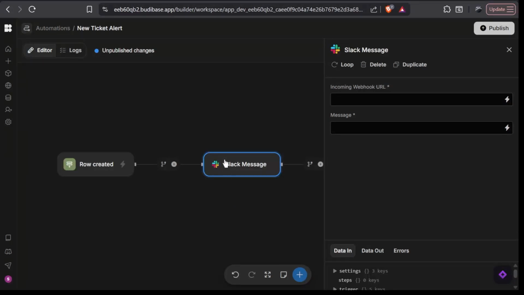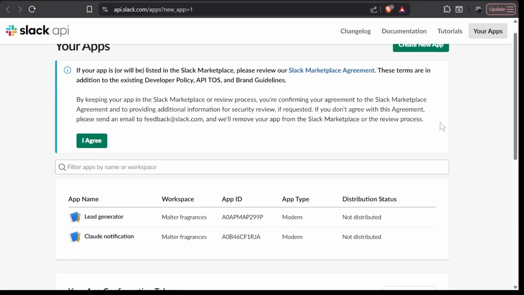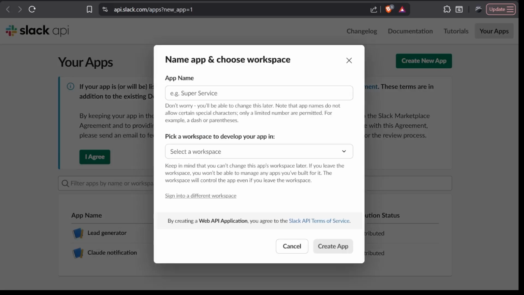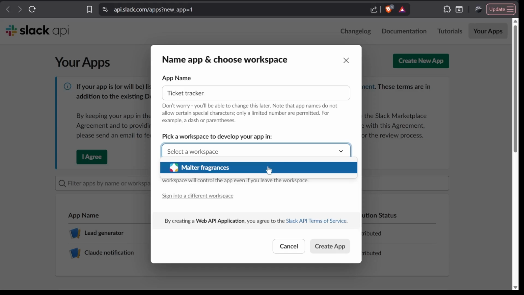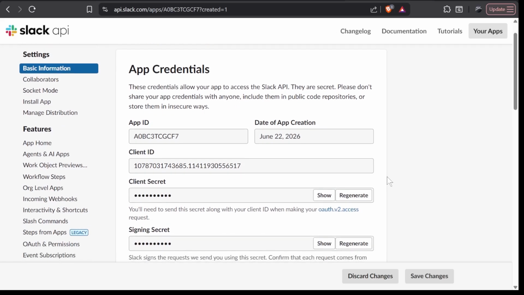All you need to do is just head over to Slack APIs, and here you have to create a new app. Click on this button right here, select from scratch and give a name for your app. We are just going to call it ticket tracker. Then you need to pick the workspace that you want to deploy this app in. I'm going to choose this workspace right here, then click on create app,